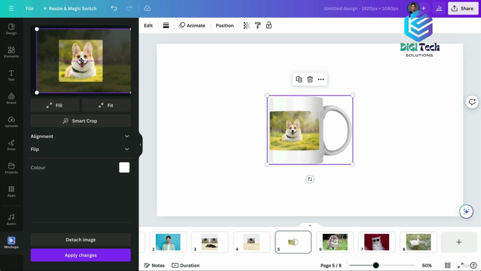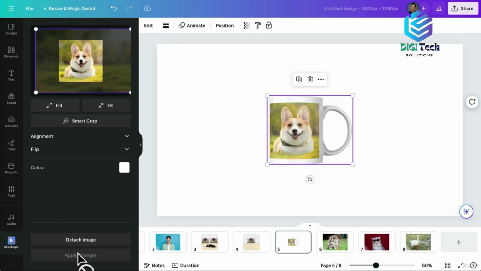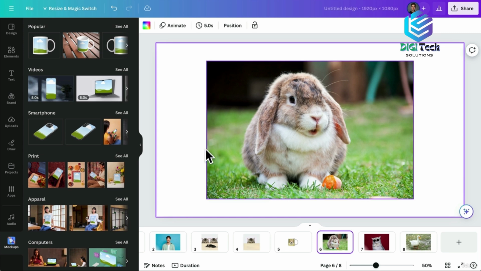So let's crop out some of the background, and then hit Apply Changes. So now we can see what this dog will look like on a cup. Let's try another one. So here I have an image of a rabbit, and let's now click on this image,